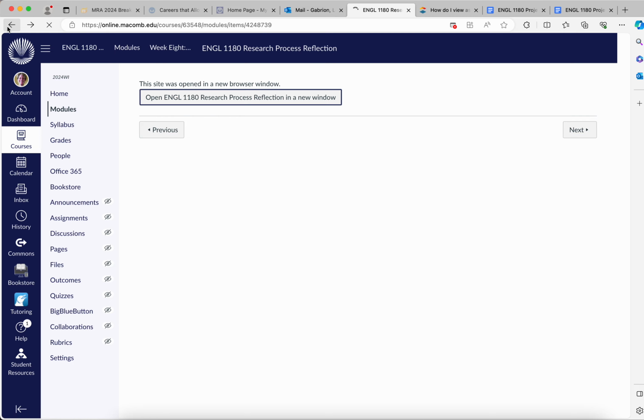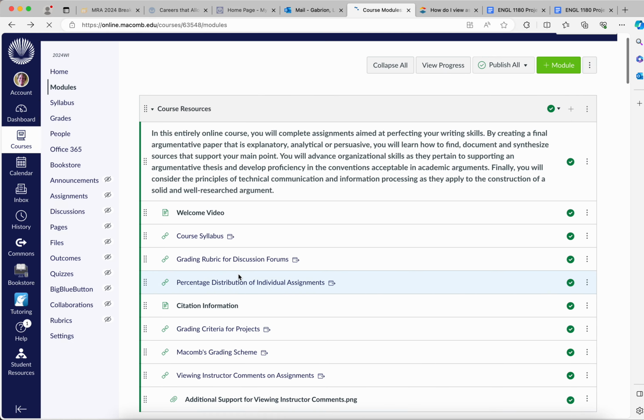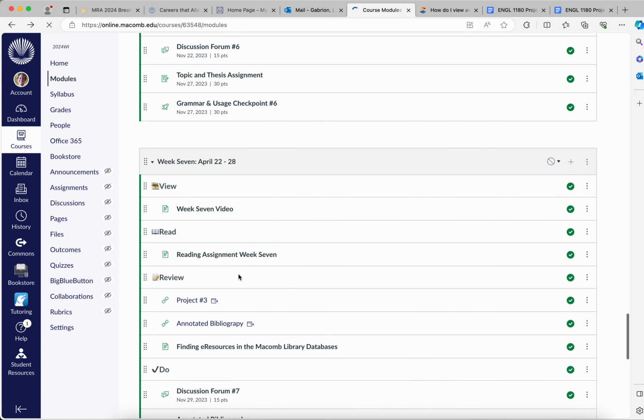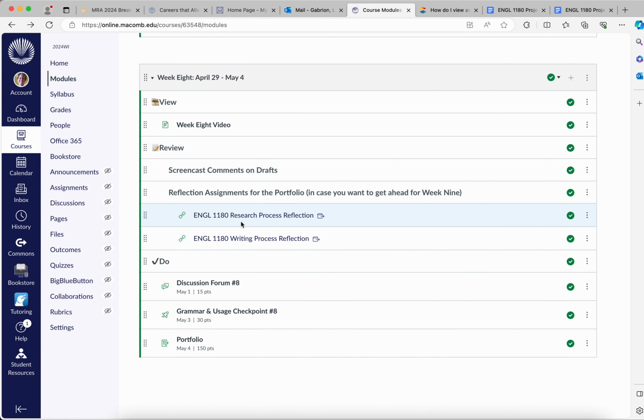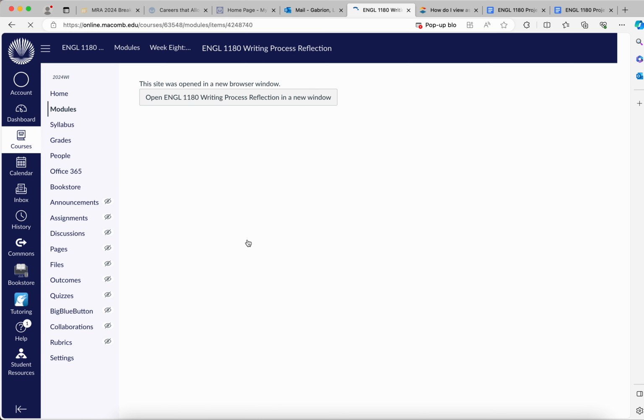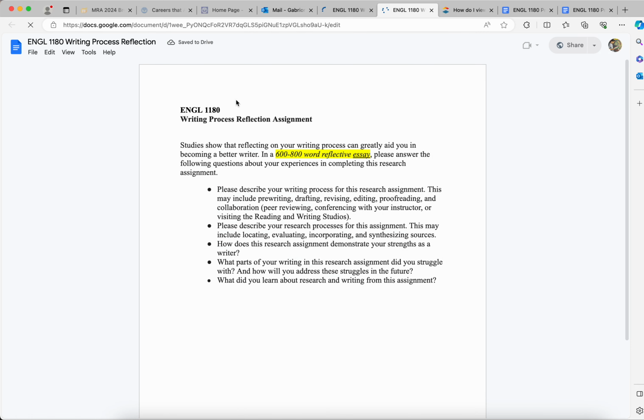You can work on that, like I said, early in the week so that you get that out of the way, and you can also submit it. And I'll show you that in just a second. But as you complete various assignments for the portfolio, you can upload them one at a time. They don't have to be in any particular order. And once we get to the last couple of days of the semester, I'll be looking for those 4 uploads in there, and I'll begin grading those final portfolios.